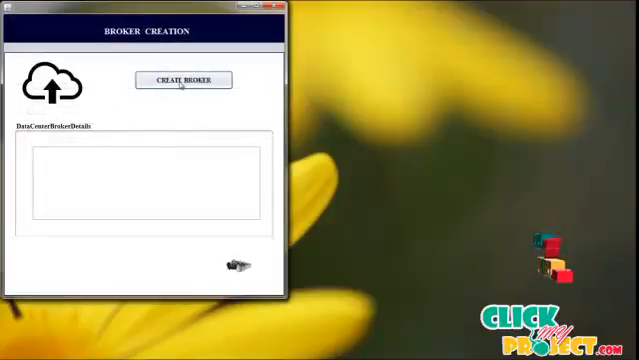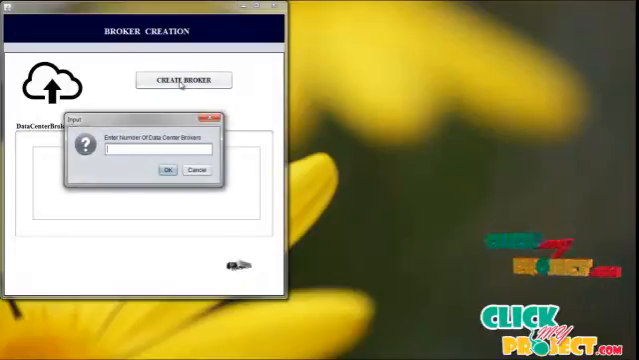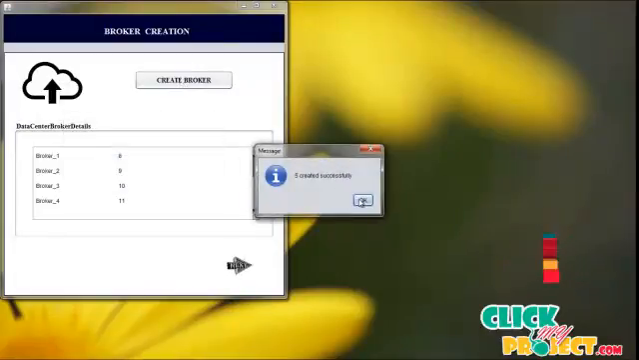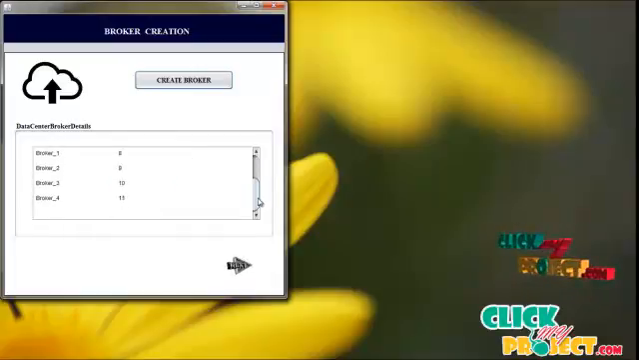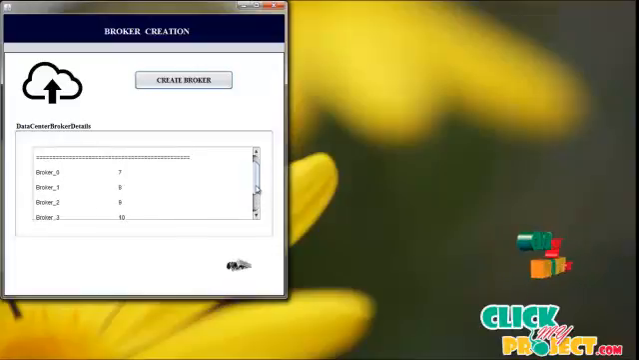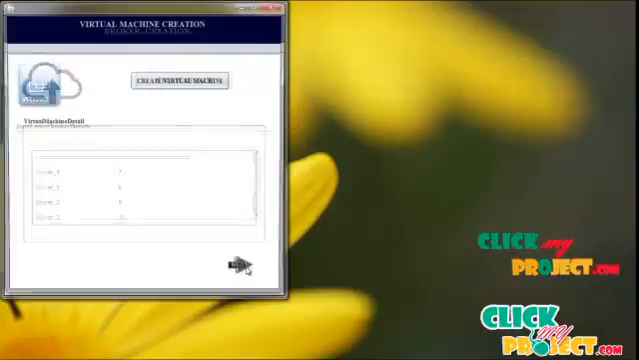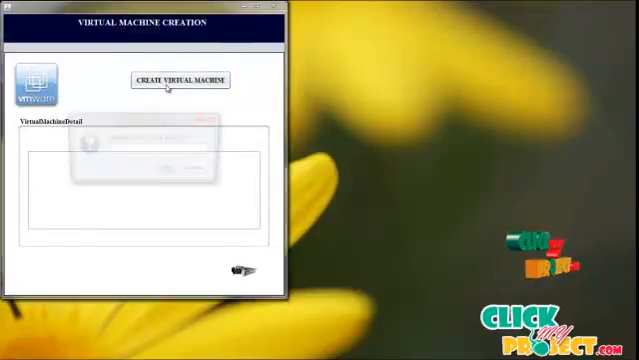And first we have to create the broker. The broker is the intermediator for the data center to execute the job. The data center broker has a broker ID. We have to click the 5 data center brokers: broker 0, broker 1, broker 2, broker 3 and broker 4, and we have assigned an ID for each broker. Then click the next button and create a virtual machine,